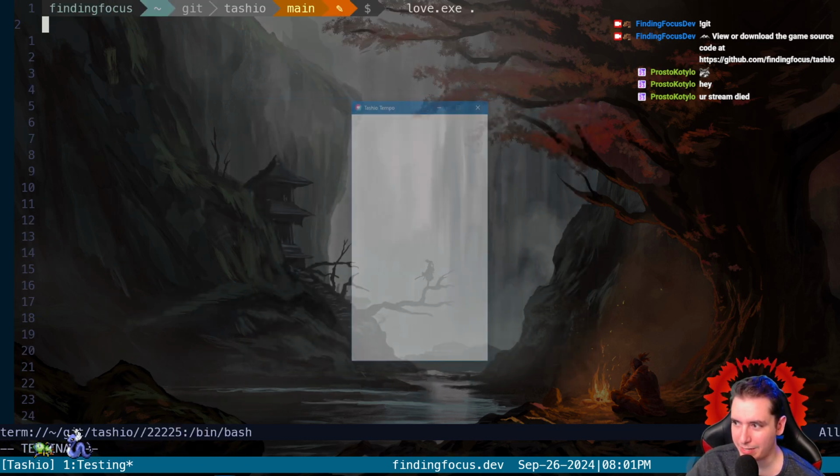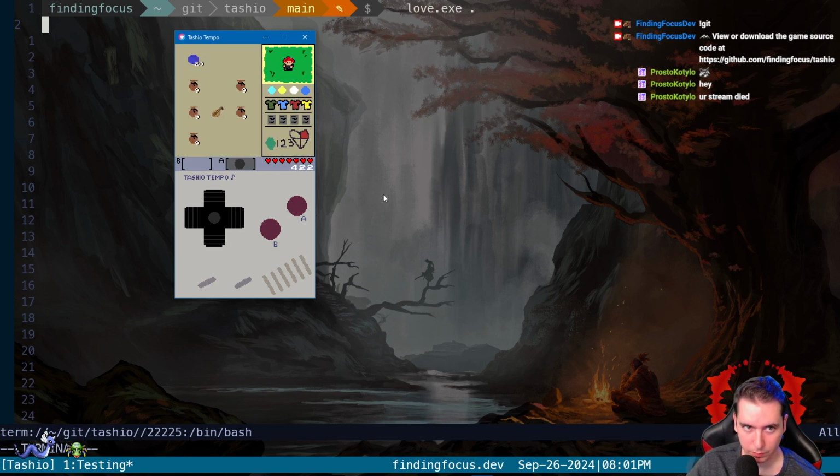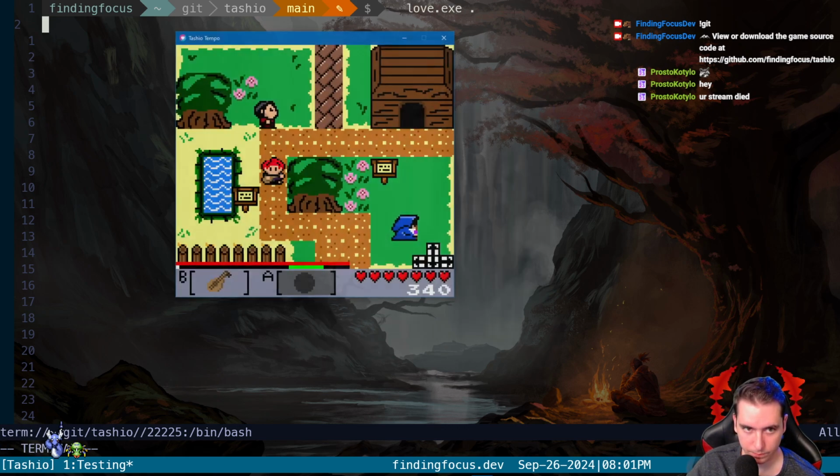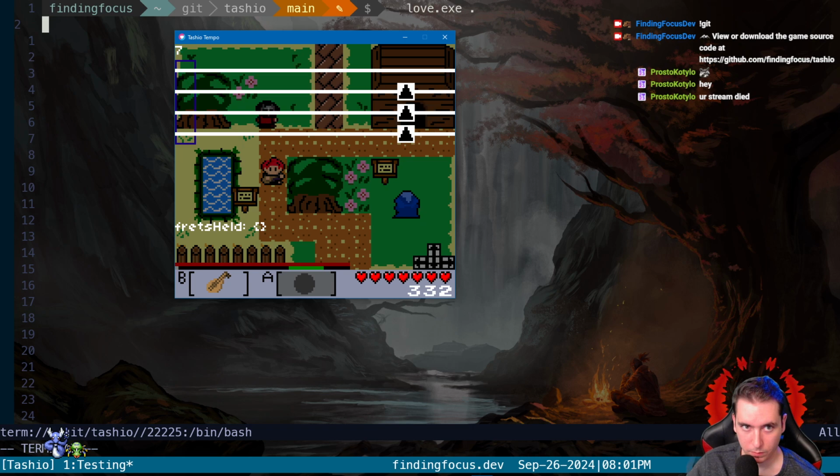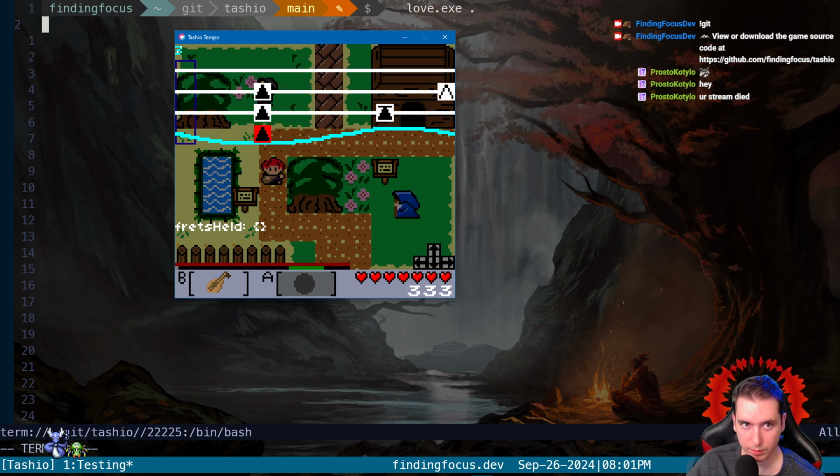So any frame that isn't the stable string should be cyan. Nice. That looks right now.